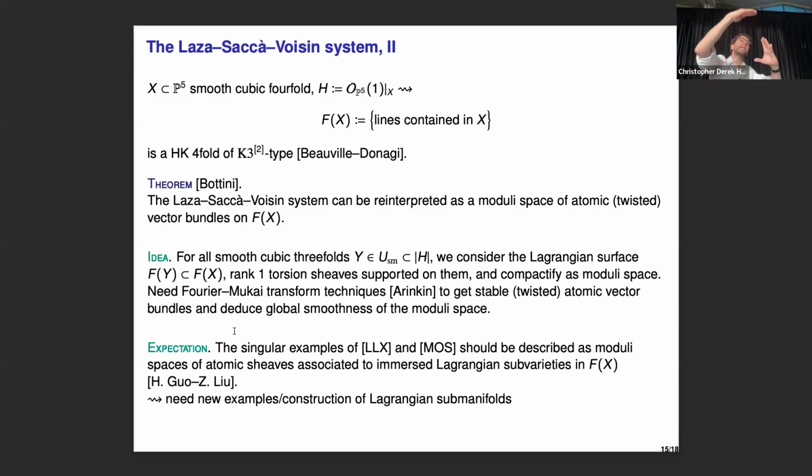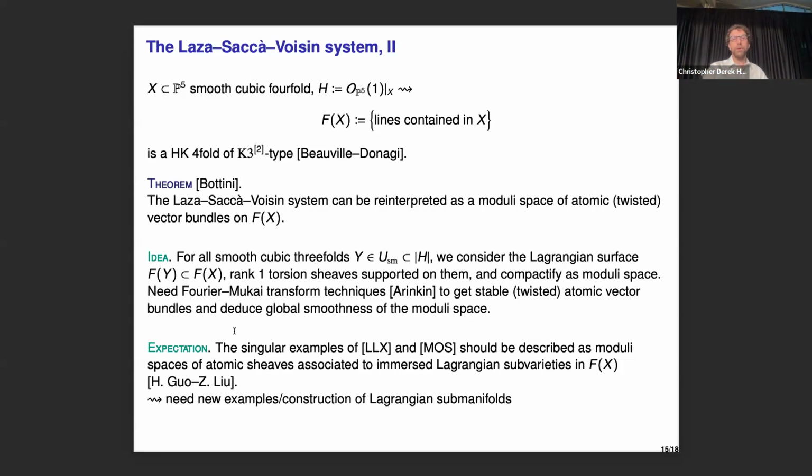But maybe if I look at some multiple of it, this thing will move, and then I can look at atomic sheaves supported on them. And then maybe this will produce an example, in any dimension, of generalized O'Grady type, generalizing the two examples that we saw before. So the example of Gushel-Mukai is exactly step 0. The surfaces that we look at there are just 2 times the class of the fixed locus.